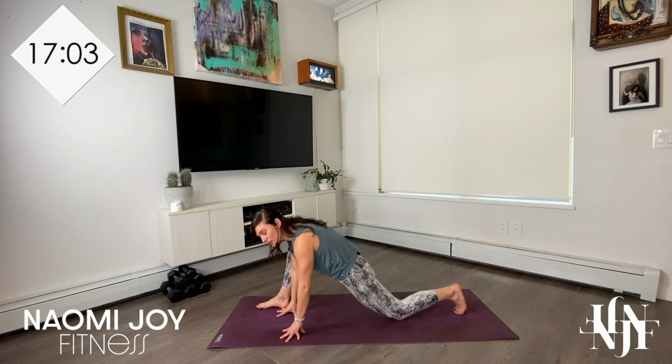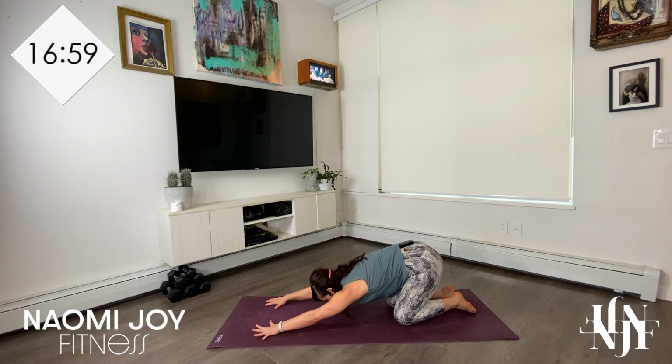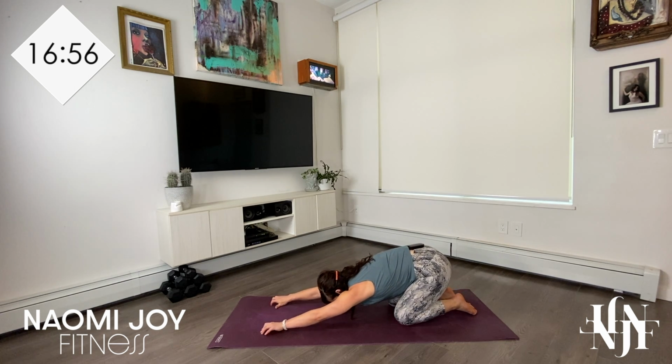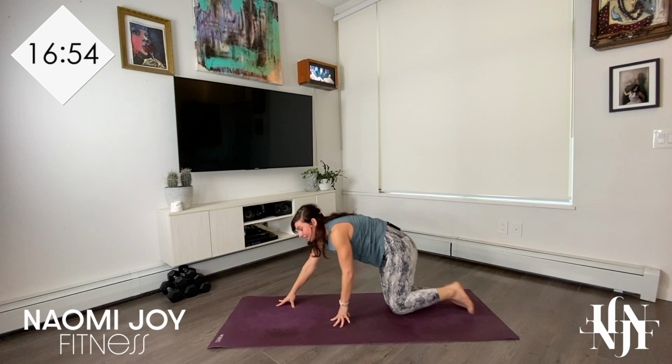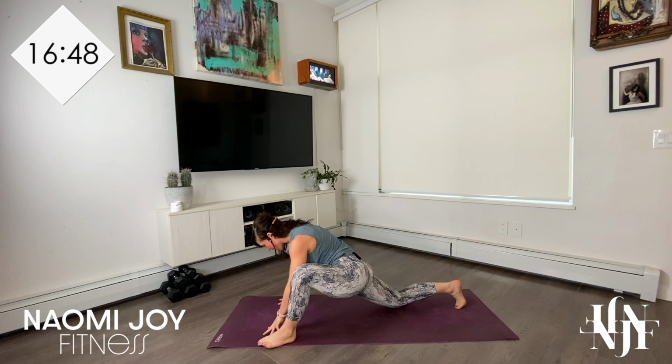Now we will release the hands to the inside of the foot. Let's step back into child's pose. Walk your fingertips forward. And we'll transition to side two, so stepping the left leg wide to the outside of the mat, hands to the inside of your foot. Send your heart forward and up,